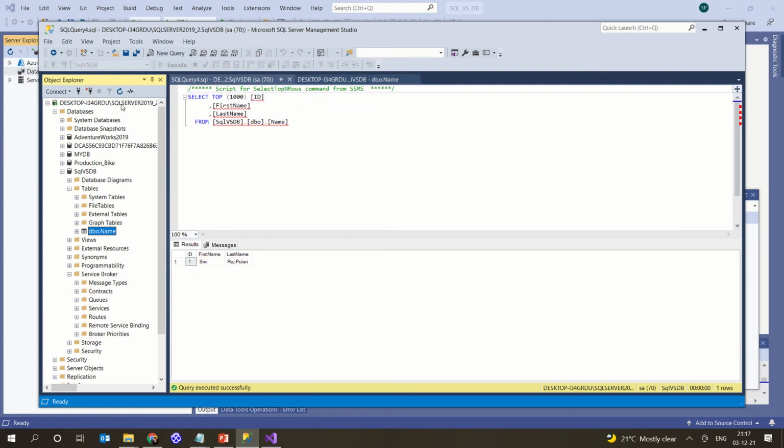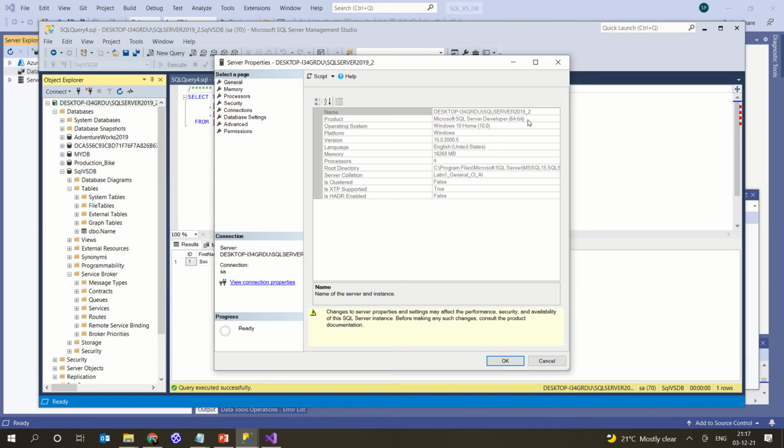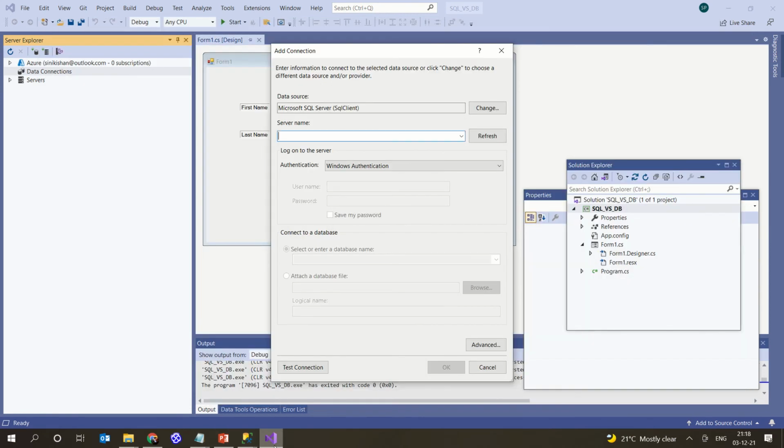Yes, you have to go back to the database SQL Server, the main server, and go to the properties. So when you go to the properties, you could see the name. Okay, select the name, copy that, and use it in your Visual Studio. I'm going back to Visual Studio, and in the server name, I'm going to give that particular name. Okay, so we are no more using the Windows authentication. We are using the SQL Server authentication, and I'm going to use the default user which is there, SA, and I'm going to give the password for it.